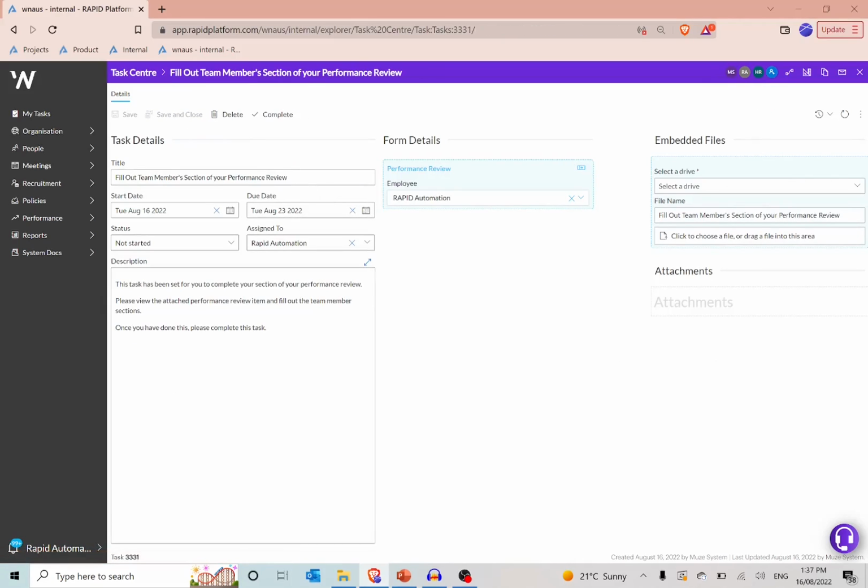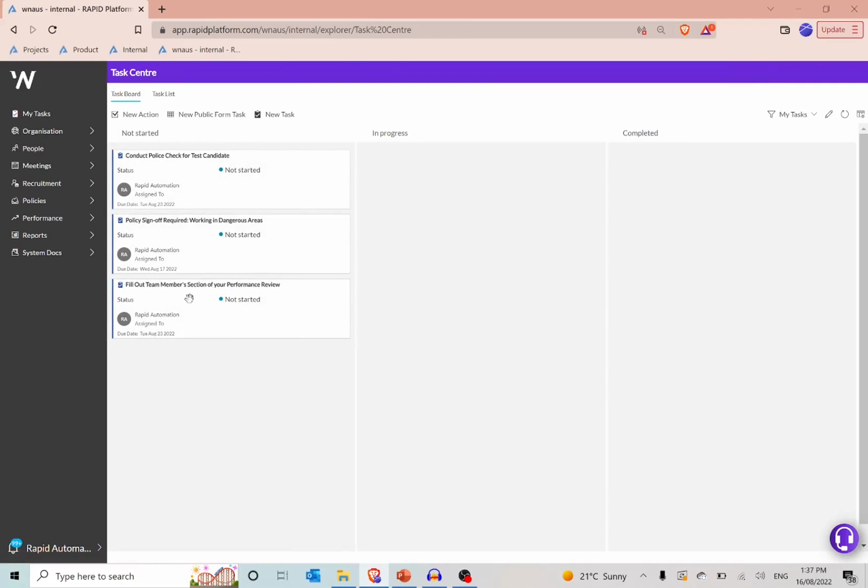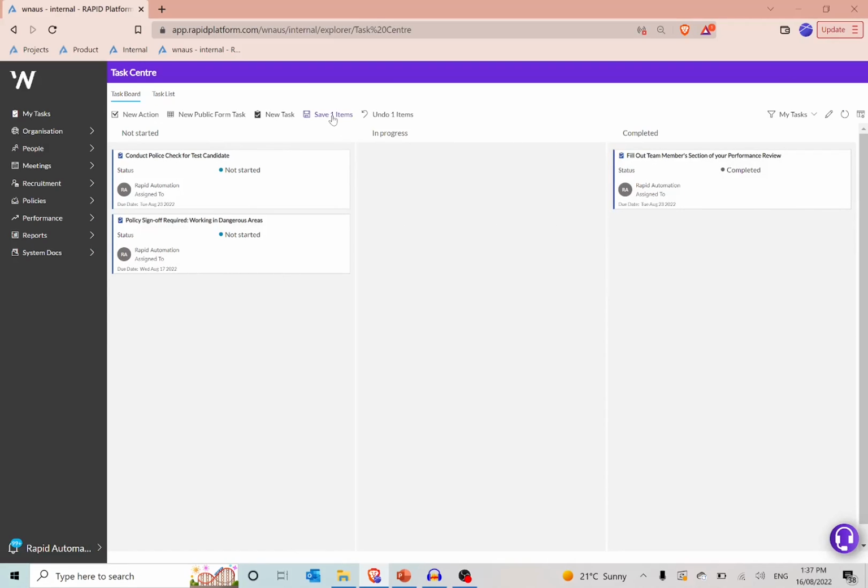At this point, we can complete the task by pressing the complete button at the top, or by changing the status and saving the item, or thirdly, we could also drag it over to the completed section of the board view and save. The second example is a task set for a team member to review and acknowledge a new